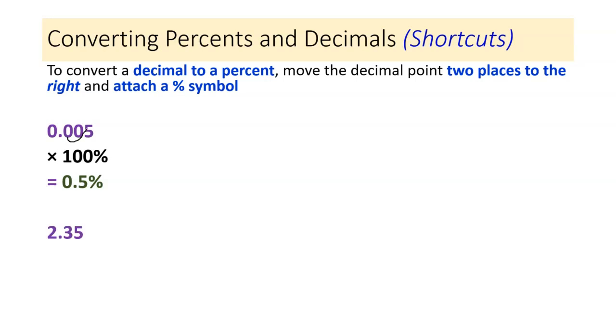Let's try one more. 2.35 multiplied by 100%. Move the decimal 2 places to the right and attach the percent sign. The answer will be